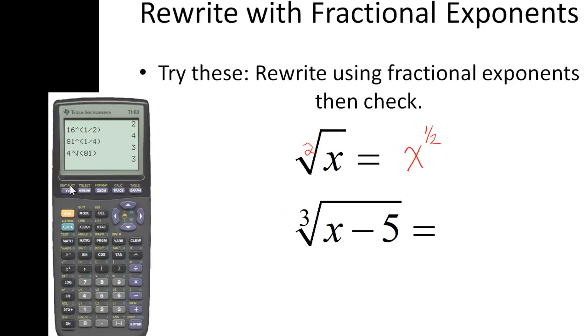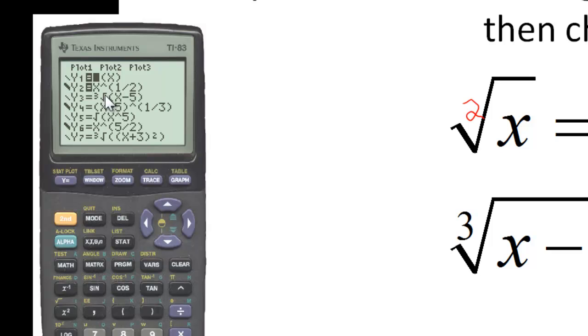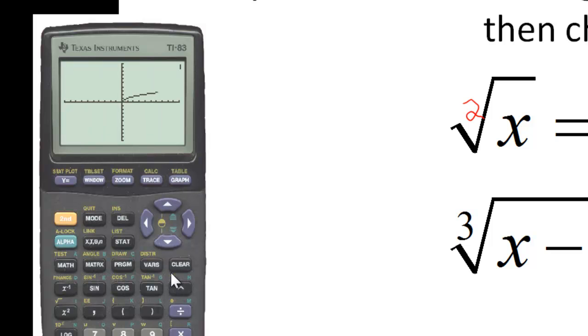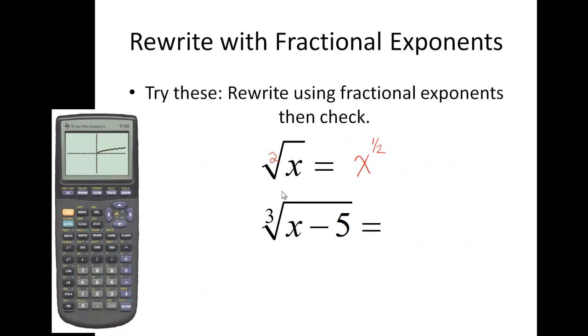Now, how do I check that? Well, my calculator can graph things. Up here at the top, I've put in the square root of x, and in the second y, I've put in x to the 1/2. So that I can see one graph on top of the other, I changed the style of graphing here. You can change that by hitting the enter button. I just want to graph these two. There's the square root of x. There's x to the 1/2, right on top of each other. So I have verified that that is in fact correct.